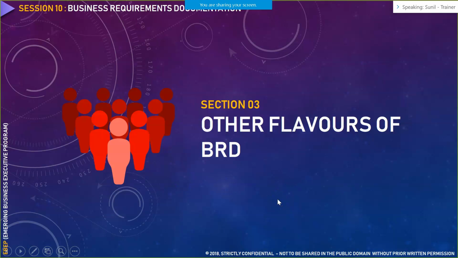These were some of the contents of a business requirement document at a very high level. This content can be more or less depending on your organization's business requirement document template. Every organization has its own way of capturing business requirements, so they have their own predefined set of templates.